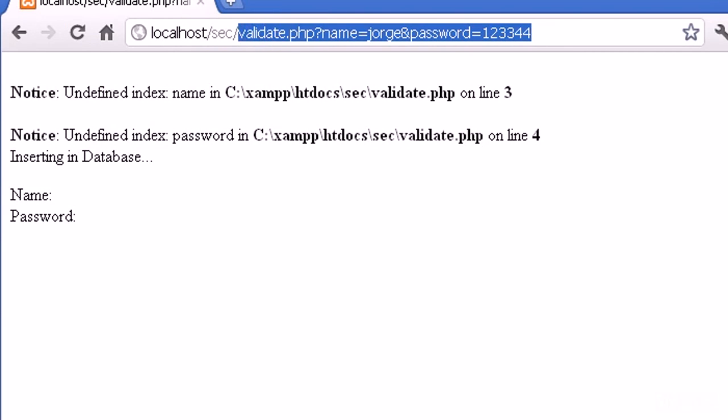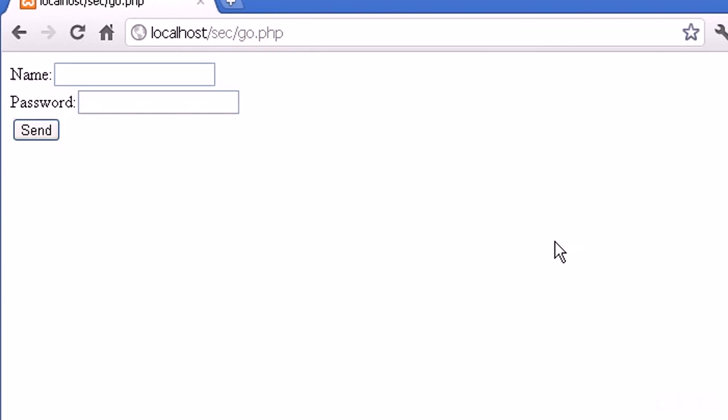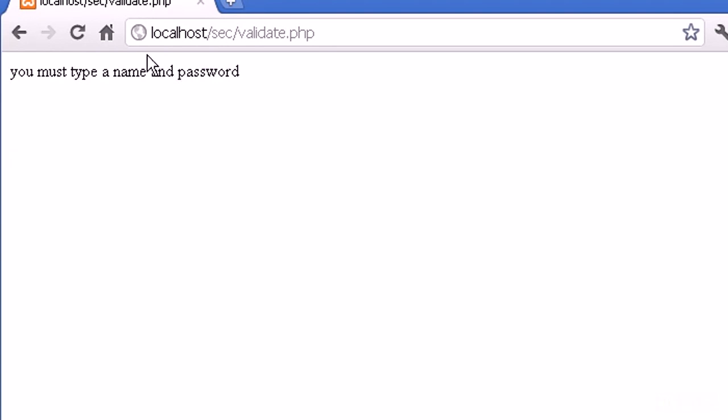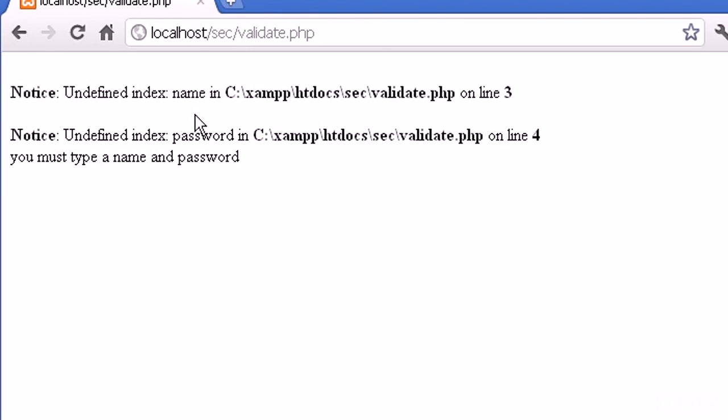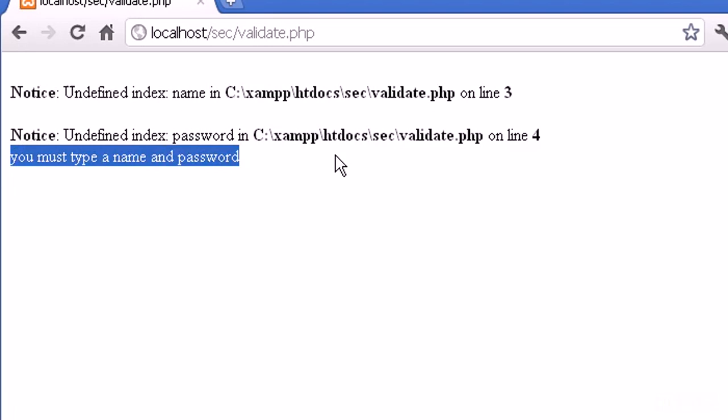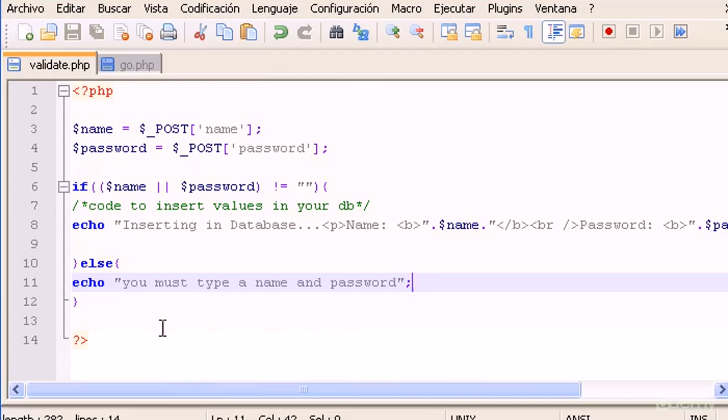So let's go to go.php and let's leave this blank. Click send. You must type a name and password. Okay. So what about if I just type here directly validate.php, click enter. Okay, so we have undefined index name and password, and you must type a name and password. So this code will do, okay,